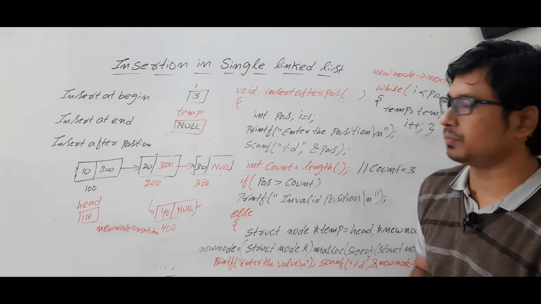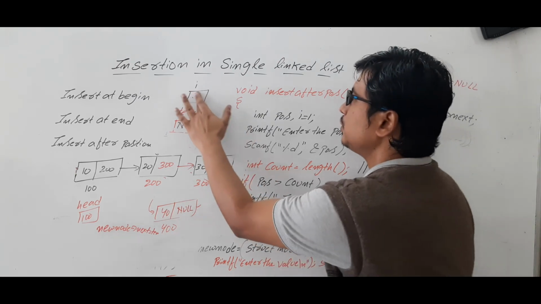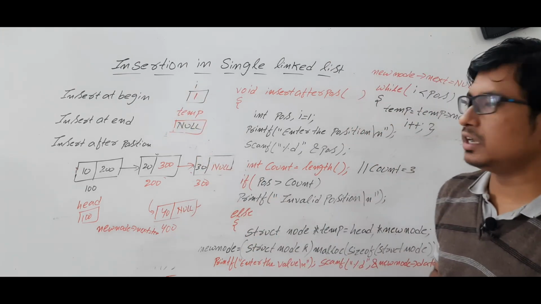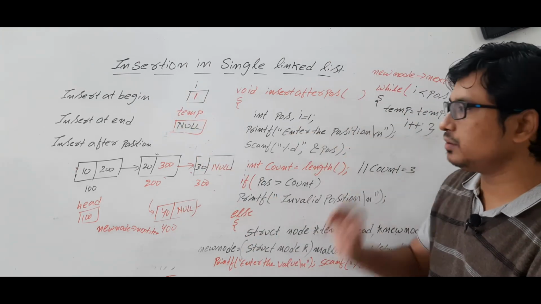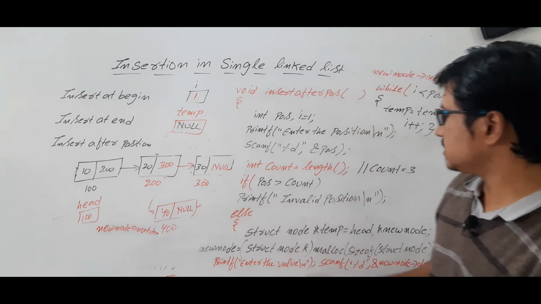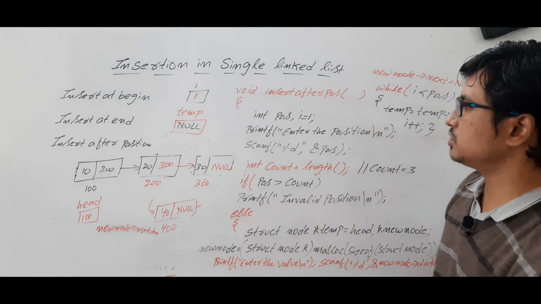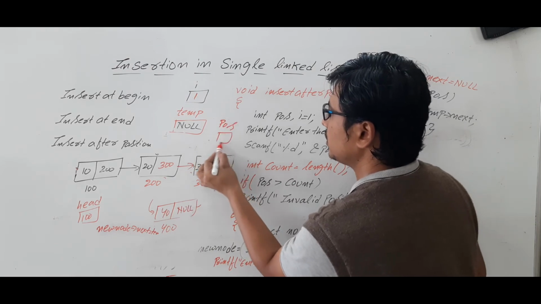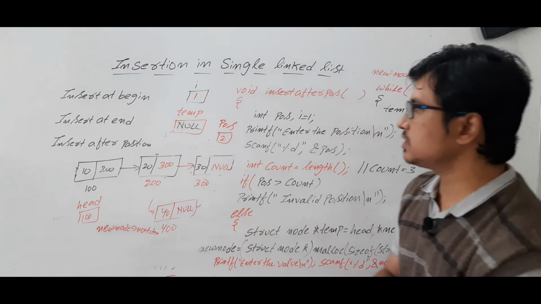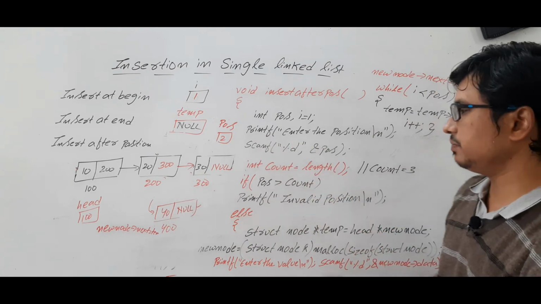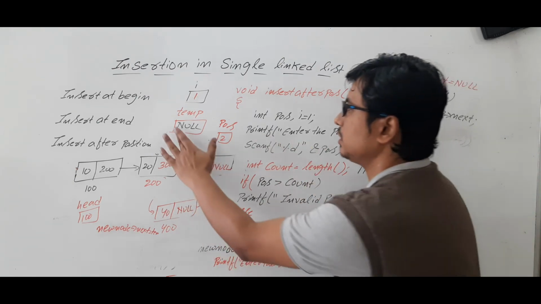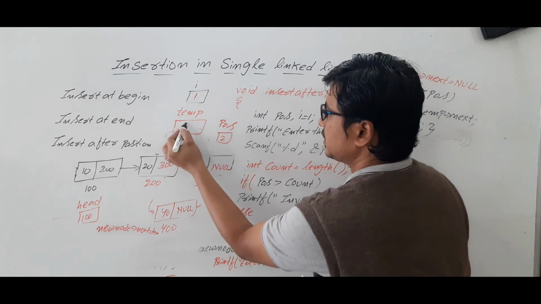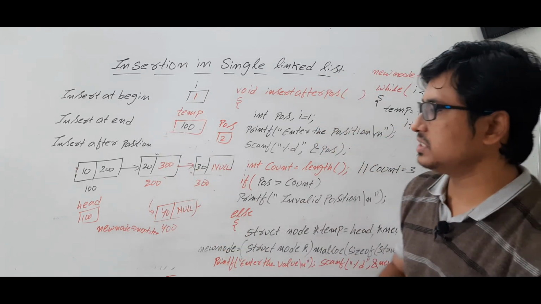Look at what will happen. Initially you have initialized the i value as 1. Is it clear till now? Now let's take that the user has entered position equal to 2, meaning after that one he has to insert. Temp is equal to head, which we have written here. So temp will be pointing to the first node in the linked list, which is 100.